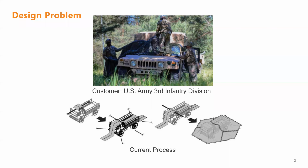The U.S. Army uses a camouflage net along with telescoping poles to completely cover their vehicles while in the field, blending them into their environment and making them unrecognizable to aerial threats. This project aims to reduce the complexity of the deployment and takedown procedures to decrease both the time and workload